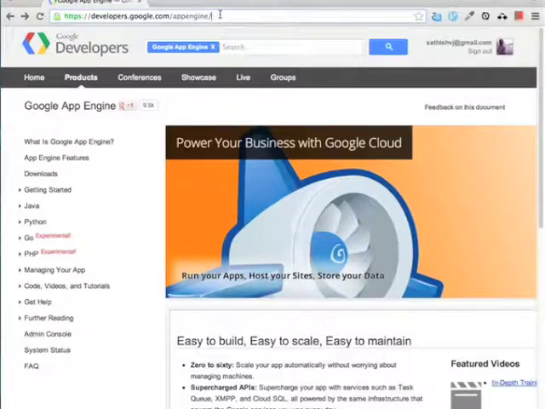Hello, in this video I'm going to show you how to install Go for Google App Engine. I'm going to first demonstrate on the Mac and then later on Linux. What you need to do is go to developers.google.com/appengine, and from there you can click downloads, which will bring up